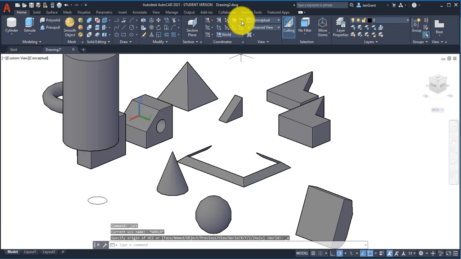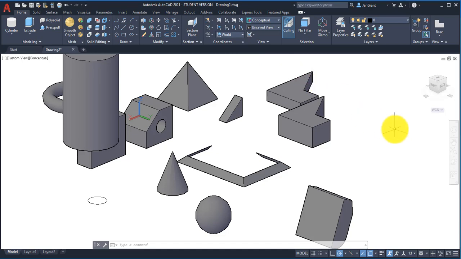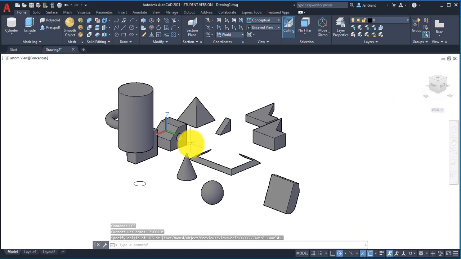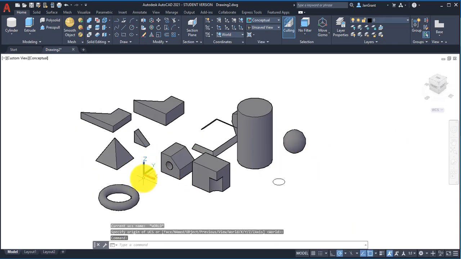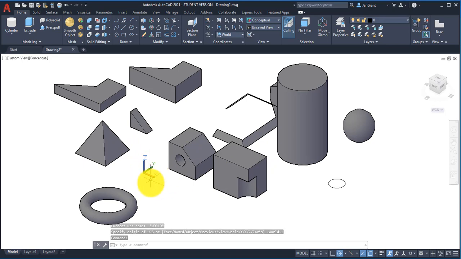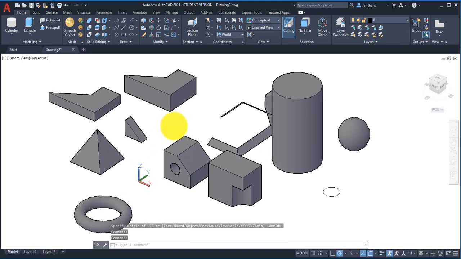It will bring you back to the default X, Y, Z. You can even type in UCS and then enter, and notice that world is the default, so you enter again and it'll go back to 0, 0 and go back to that default point right there in case this starts to rotate around. In the next assignment, we'll take a look at how we can work with this a little